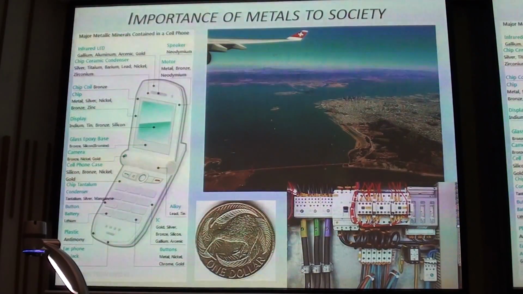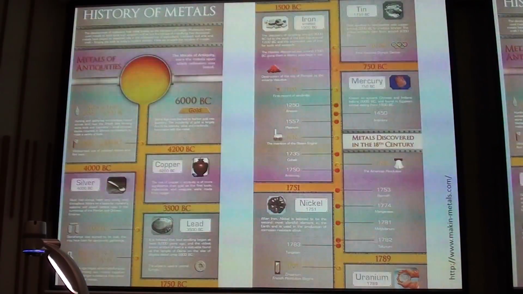It all relies on metals, and therefore it's important for us to understand how ore deposits form and how metal deposits can be exploited. And this is a brief history of metals,